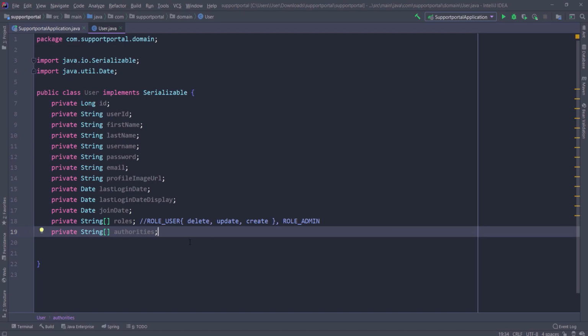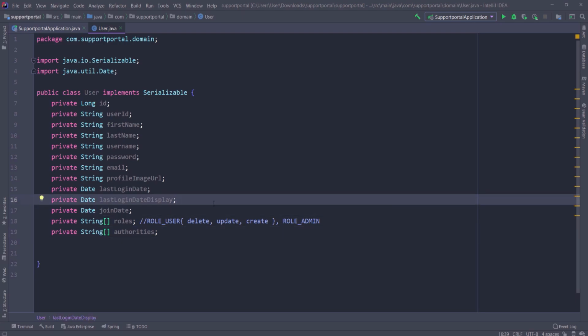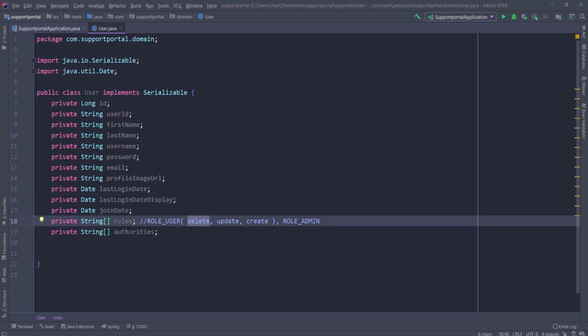And the reason you want to do that is because you might have some situations where you only want a user with delete authorities to be able to delete some information. You don't care about what role they have. So it just makes the entire system more modular. So you can say, hey, I have a user, I'm just gonna give him the role user. I don't care much, and you know what's defined inside the role user. You probably won't have something like delete or maybe not create, right? So for a role user, you're gonna keep it more simple. So maybe you